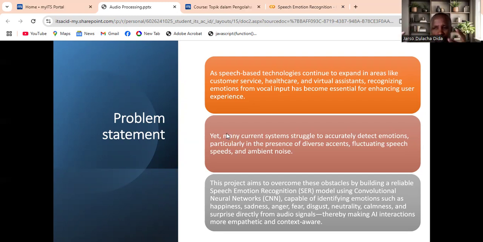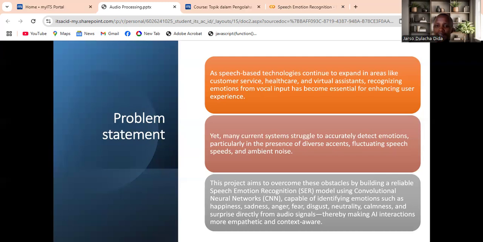Now, what is the problem which motivated me to do this project? Many traditional systems struggled or faced a problem to accurately detect emotions.